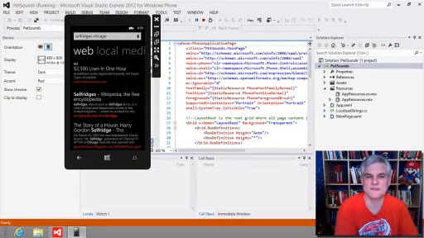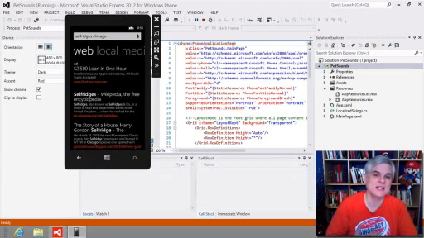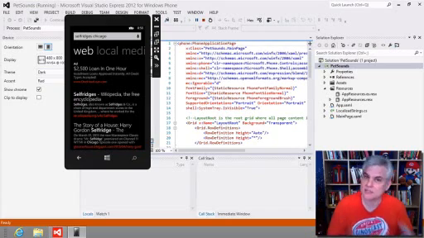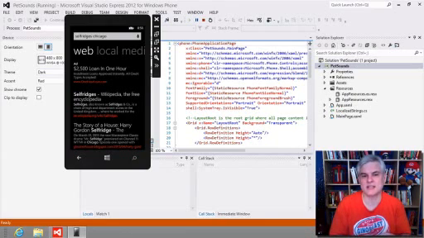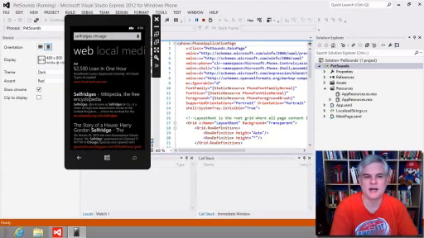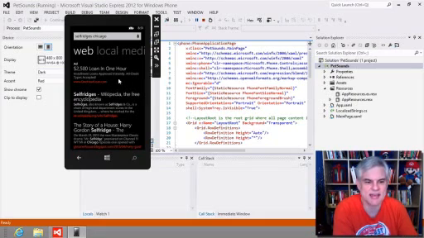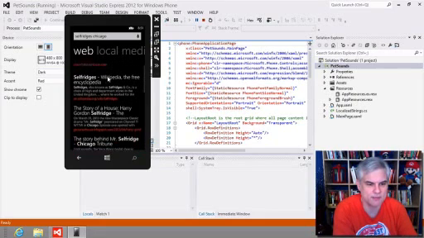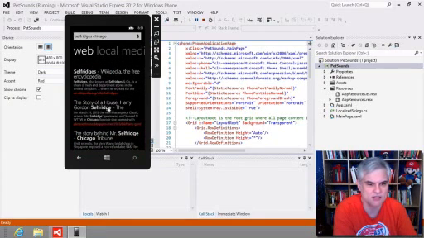It will, if it's the first time that you run it, ask for permission to use your location in case that would influence the search results. For example, if I was in London while searching for this, Bing might show me a map of the Selfridges that are near me where I'm physically standing in London. However, since I'm in the USA, Bing will deliver different results. And I'm going to show you how the emulator determines this location in just a moment. But at any rate, you can see that we get a Wikipedia article and some additional